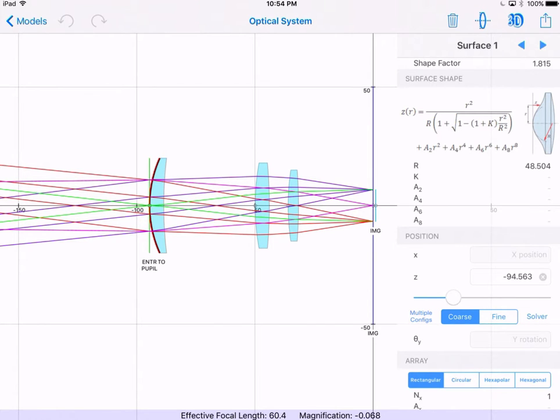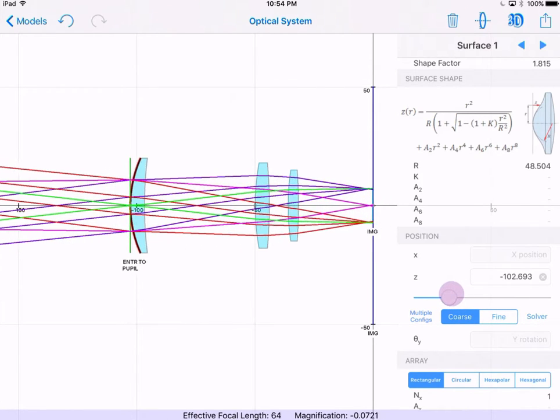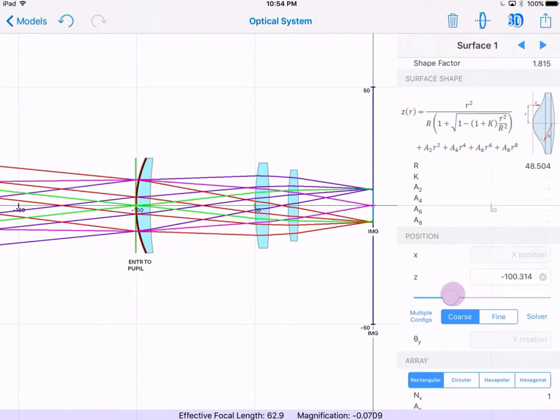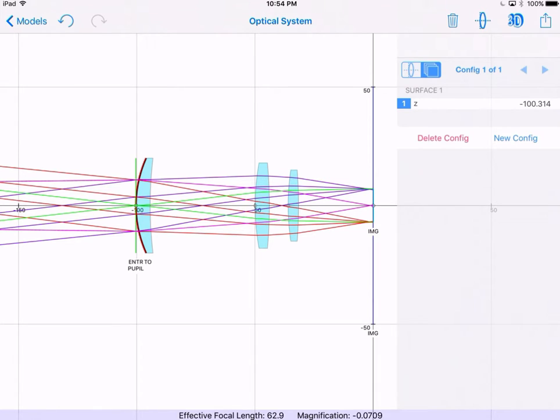Now typically as I move this, I'm just changing the overall design of the system. But if I click on this multi-configuration button, that parameter is now controlled by the configuration manager. And I can go up here and click on this multi-configuration button, and that shows me a different view,